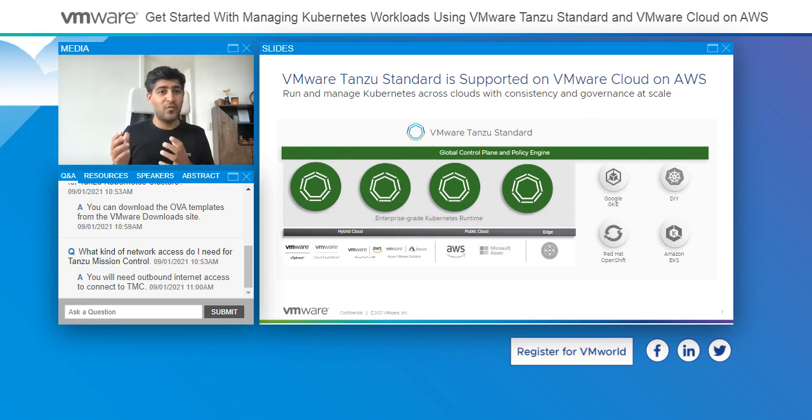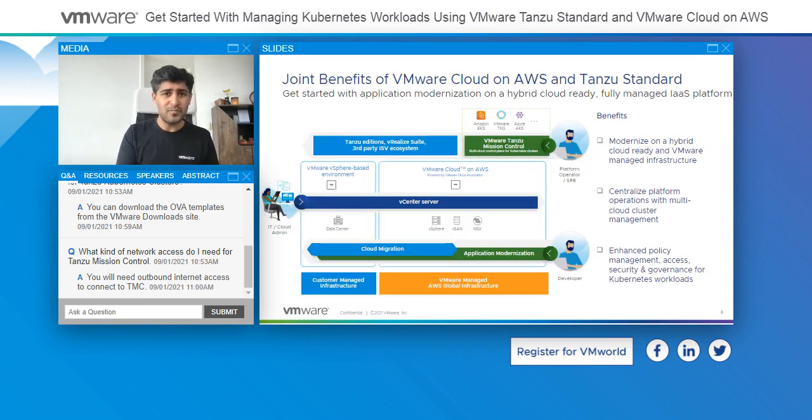We talked about VMware Tanzu Standard and what it does. Let me switch the conversation to how this solution comes together and talk about the joint benefits of VMware Cloud on AWS and Tanzu Standard on this slide. So no matter where you are in the journey for modern applications, whether you've already begun deploying modern apps on these multiple Kubernetes distributions, or if you are thinking about doing app modernization and you want that first step, or if you're very far ahead and rolling out applications